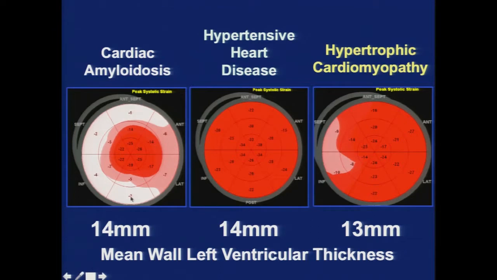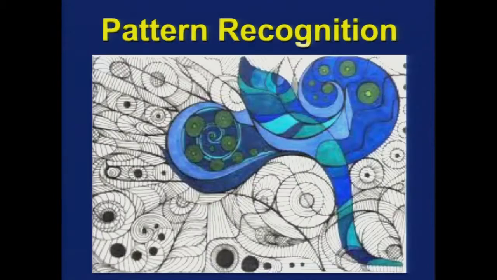And in the amyloid patients, and I think this is a very likely bullseye that you're going to see on the examinations, and I'll show it to you again and again throughout this course when we talk again tomorrow. But you see in the amyloid patients that the apical strains seem to be well preserved, but the basal strains are depressed. This has been commented on as a cherry on top kind of image for the bullseye. And so what we may be looking at are these concepts of pattern recognition, looking at changes in myocardial motion that help us to discern what may be the mechanism for the ventricular dysfunction.